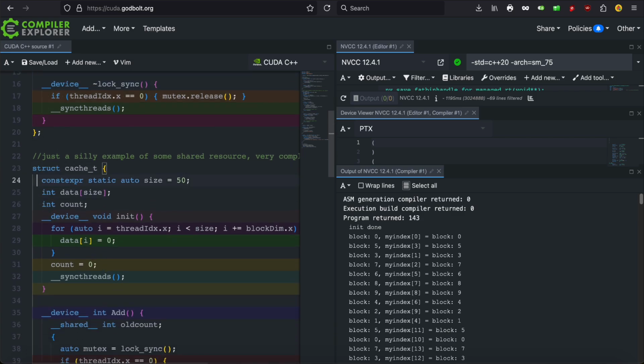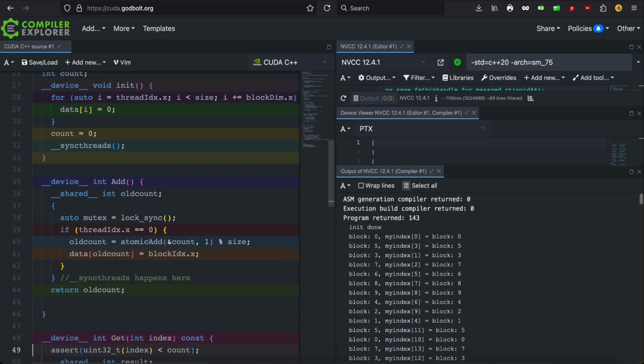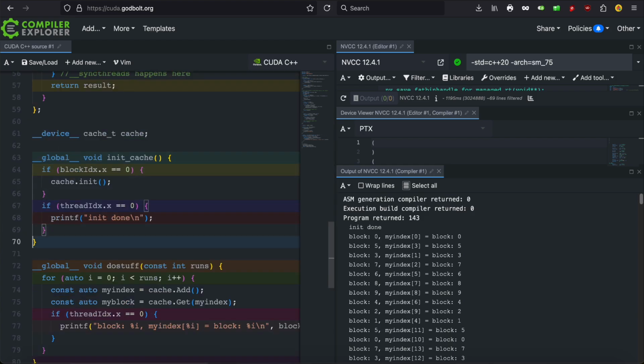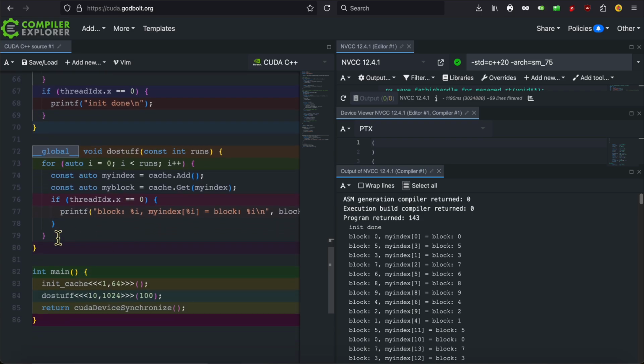Then you need to have some really complicated data structure. I'll leave that as an exercise. You can initialize that thing however you like. Here I've used a separate kernel. Well, that's a decent solution. And then you have stuff that actually works.